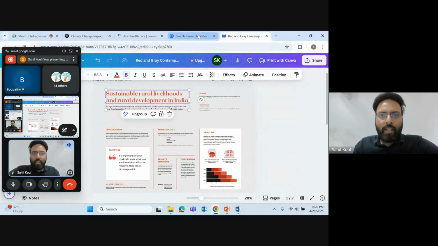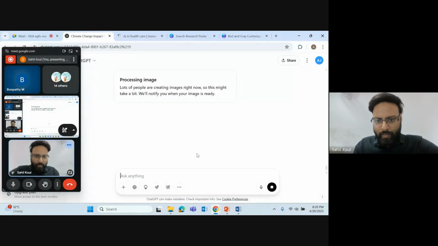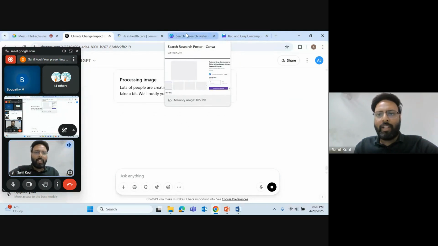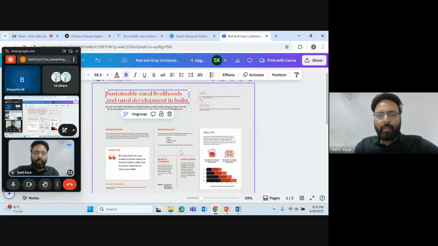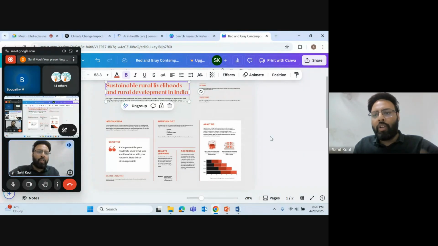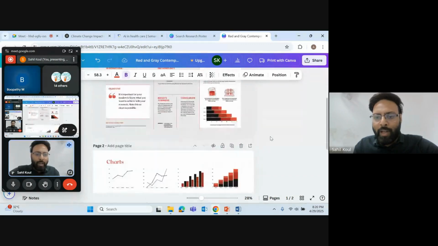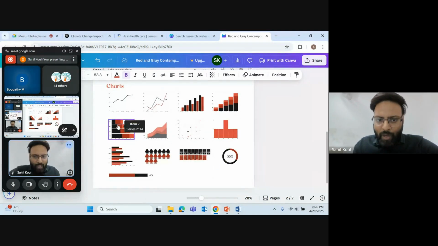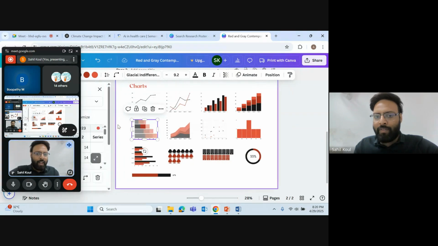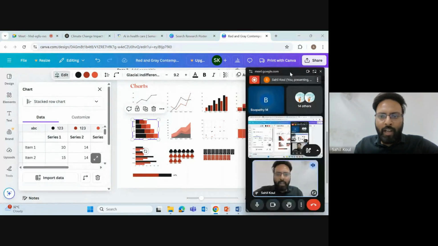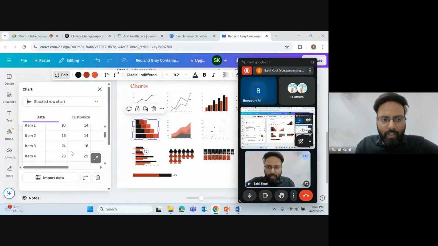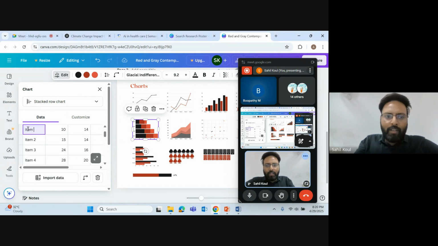So let's say it would have generated an image, I guess. No. So it will take some time. By the time it will generate, slowly and steadily, I can just work on this or create some other template as well. Use graphs out of this. Here I have a graph. If you click on a graph, you get all the values. You can just change these. This will be actual values that you will be using, right?